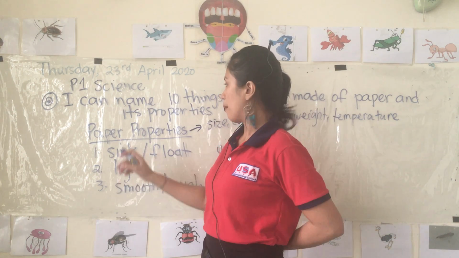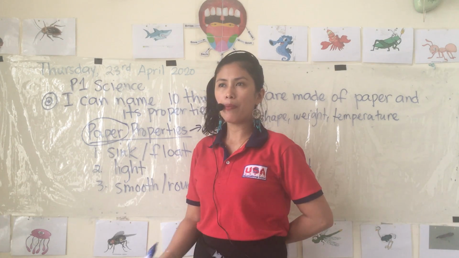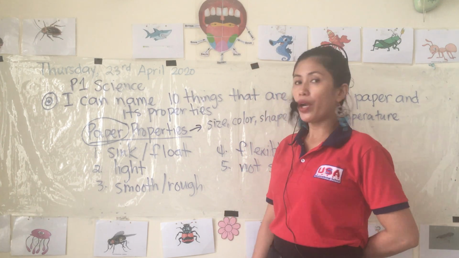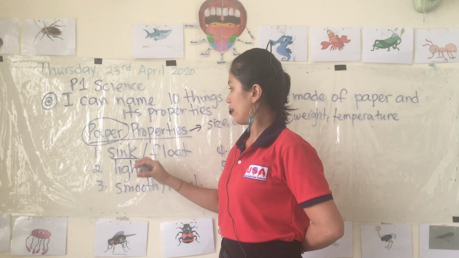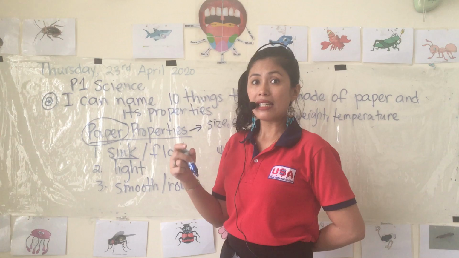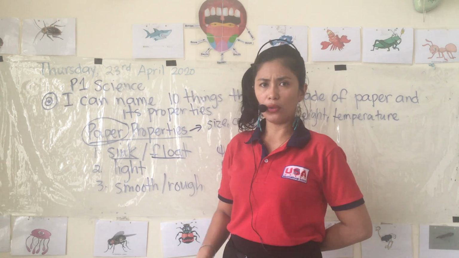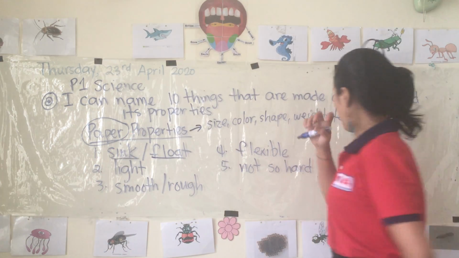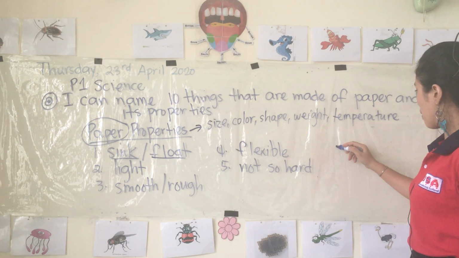So if we talk about paper, what are the properties of a paper? Okay, so we know that paper can sink. Yes, if you put it in water, it can sink. It can also float. But which one first, float or sink? So imagine this is